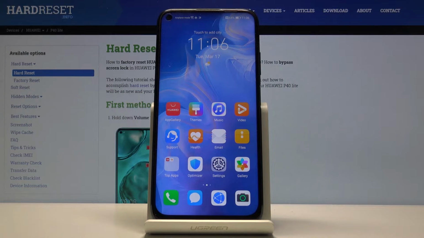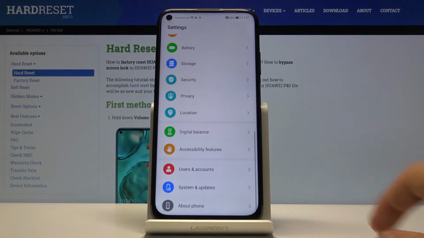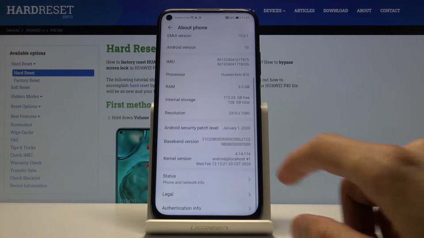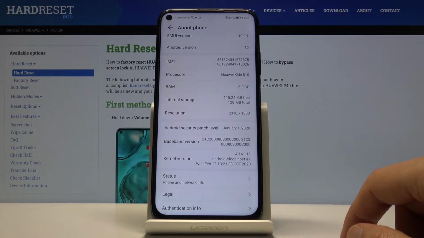Welcome, in front of me is a Huawei P40 Lite, and today I'll show you how to enable the developer options. So to get started, let's open up settings and then go all the way down to about phone. And again scroll all the way down and